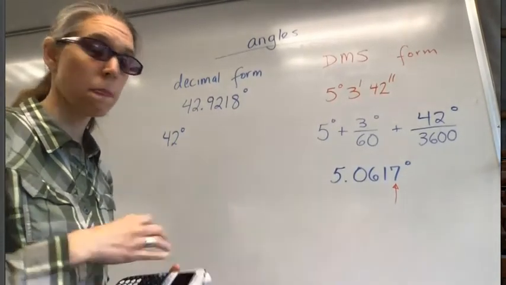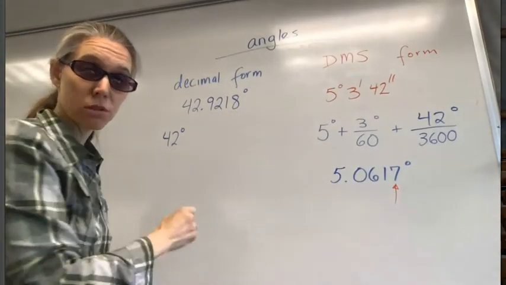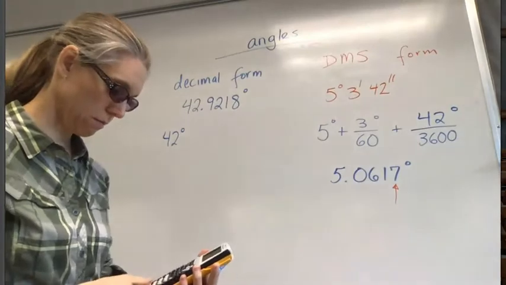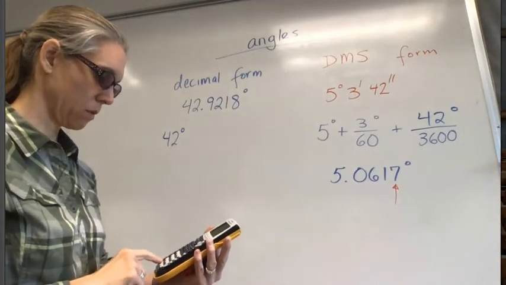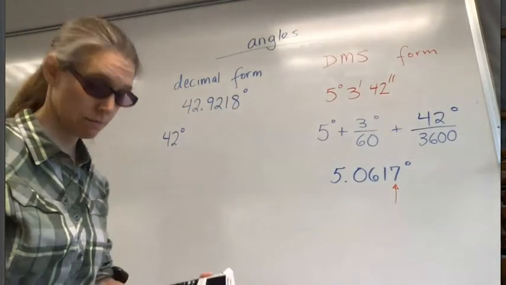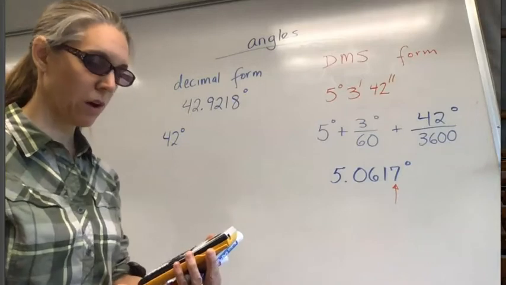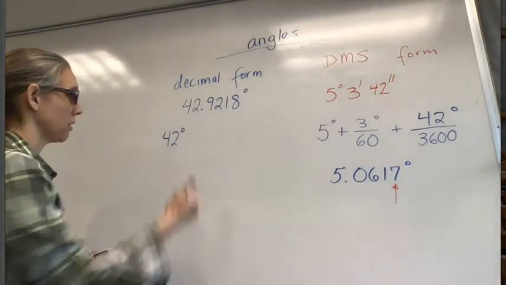So you take 0.9218 and multiply it by 60 on the calculator. So this is roughly 92% of 60, which is 55.308. So I have 42 degrees and